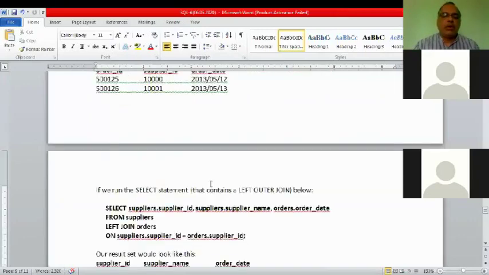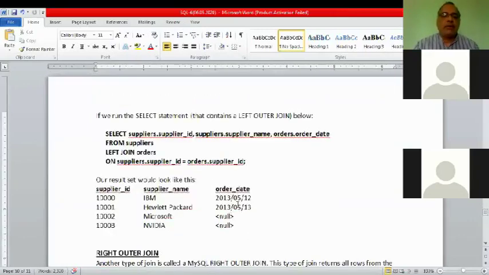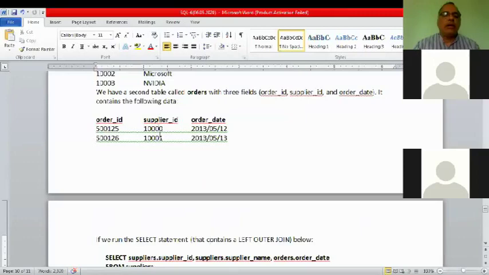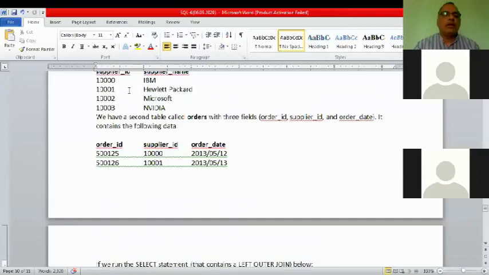So these 2 records, these are the common. Why common? Because see, the supplier IDs are common, 10,000 and 10,001. It has also 10,000 and 10,001's values of supplier ID. So these dates are of these 2 records.